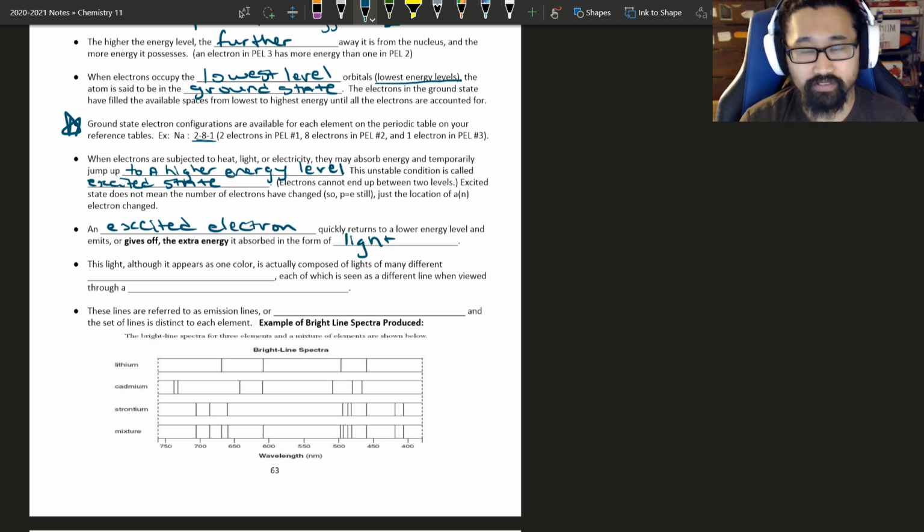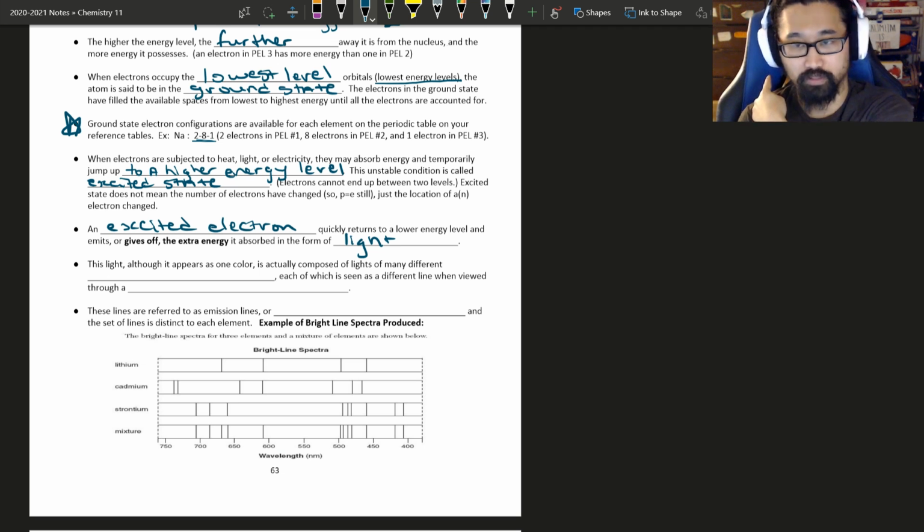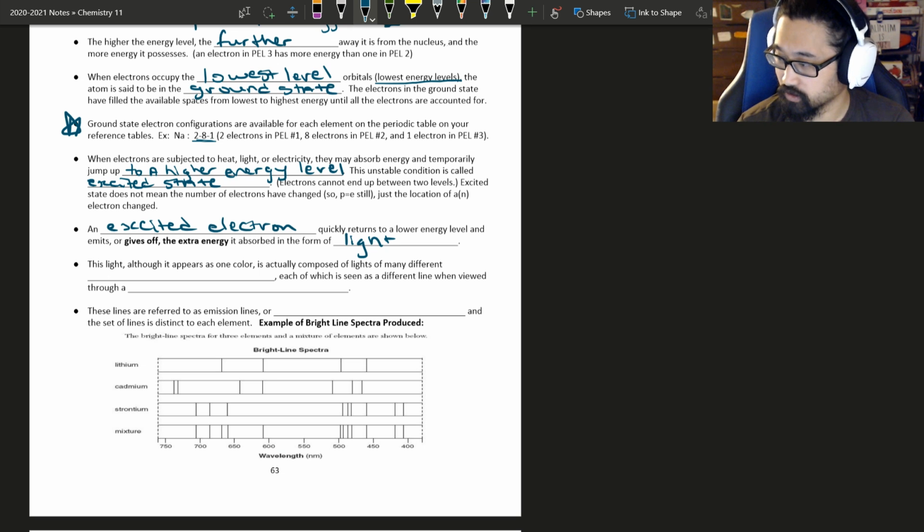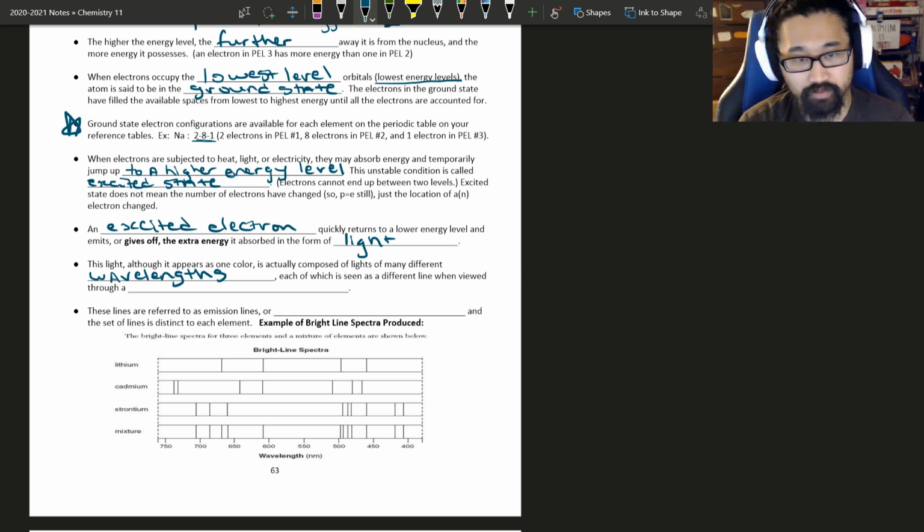Now, when we see light, we typically see it as one color, right? Like this thing behind me is blue, this is black, my shirt is brown, my headphones are white. In reality, all of the colors that we see are composed of lights of many different wavelengths, right? And each of them is viewed as a different line when you look at it through